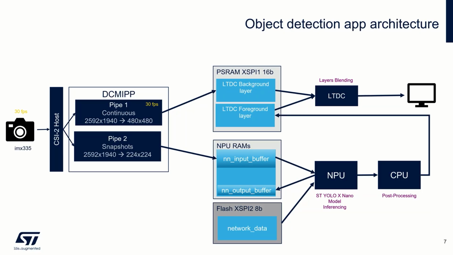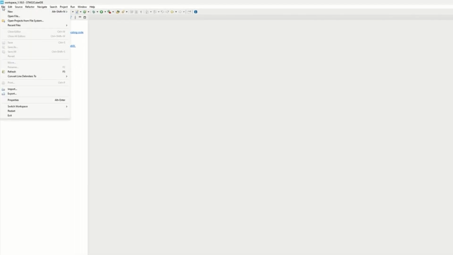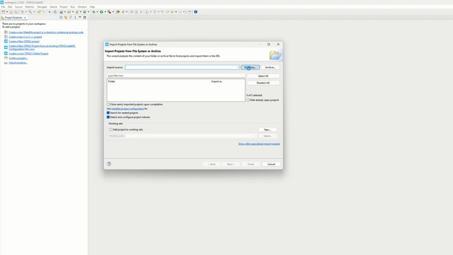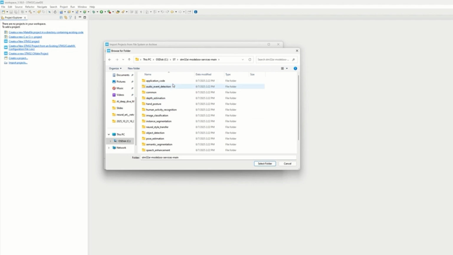Let's open the object detection application code example. I'm going to use STM32 Cube IDE. So I'm opening the project: File, Open Project from File System, and then Directory. And now we need to navigate to the STM32 Model Zoo Services repository. So here, then we need to go to the application code folder, then to the object detection,